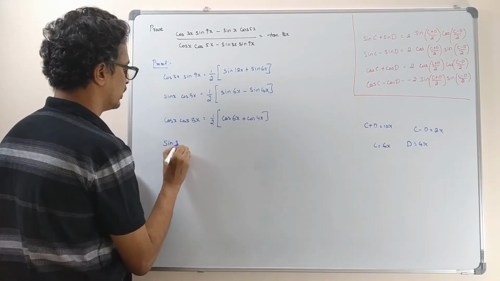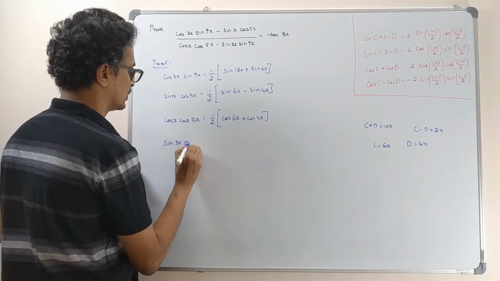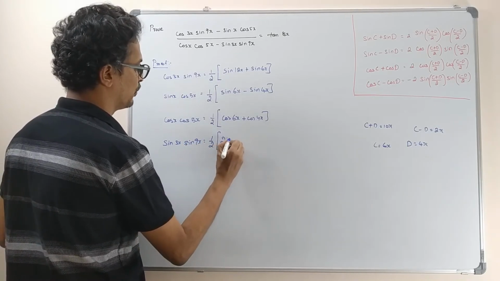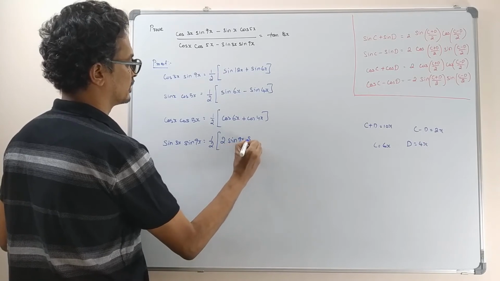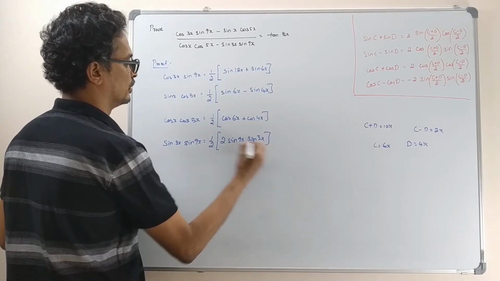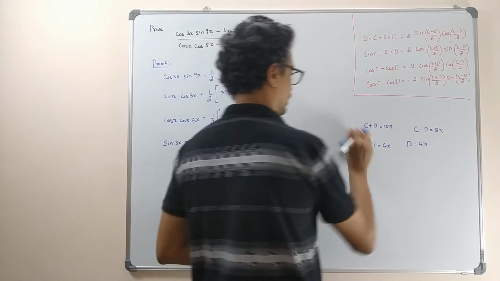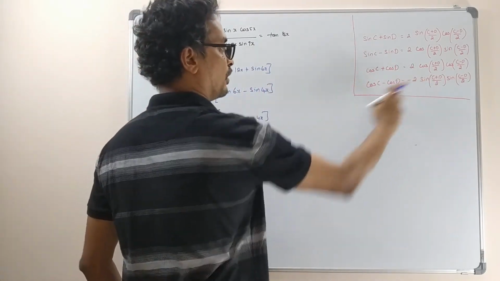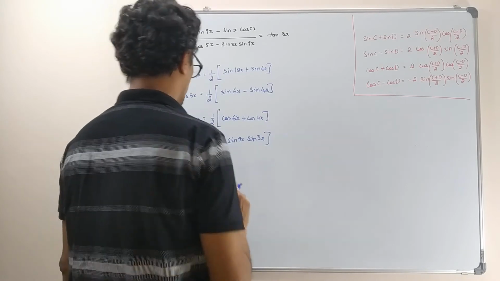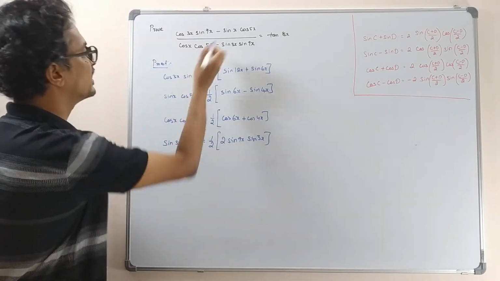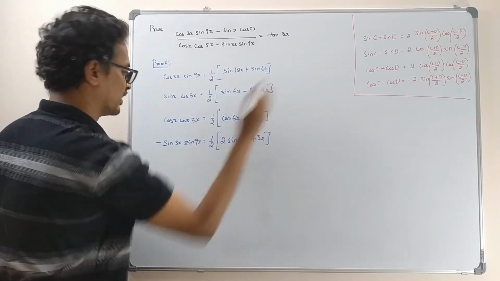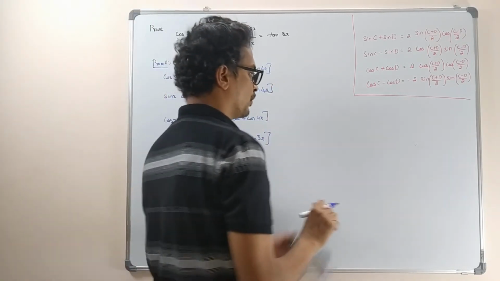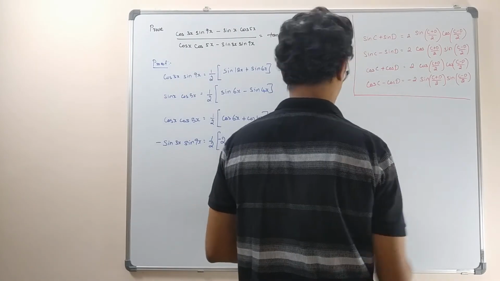Okay? And so let us write the next one. Sine 3x sine 9x. Again the same thing, half 2 times sine 9x sine 3x. So this is what? What do we have? Tell me. This is this formula, correct? So somehow we will take the negative sign itself. So this negative sign will get cancelled, no? So we'll have a negative sign here itself.